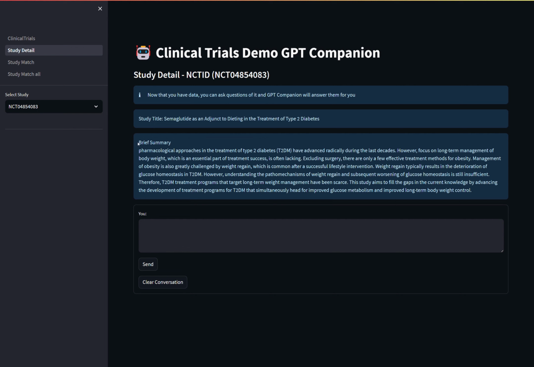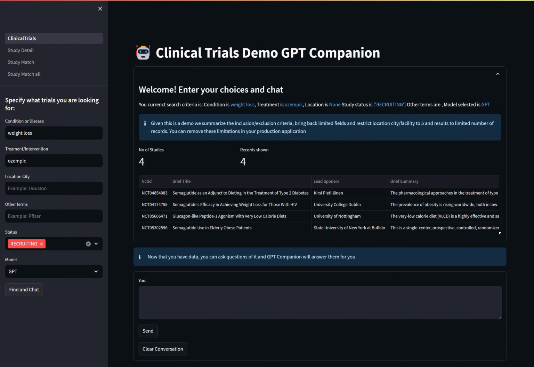One of the things I also do to ground the data is pull in relevant published articles from PubMed, if one exists, and you will actually see it. That PubMed information will be part of what the user queries. Since these are all studies where people are still recruiting, there are no PubMed articles published yet, but I can go back and pick a different